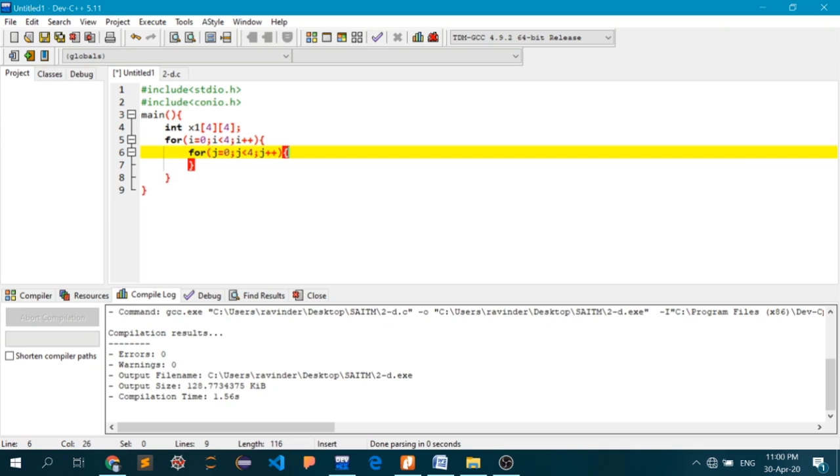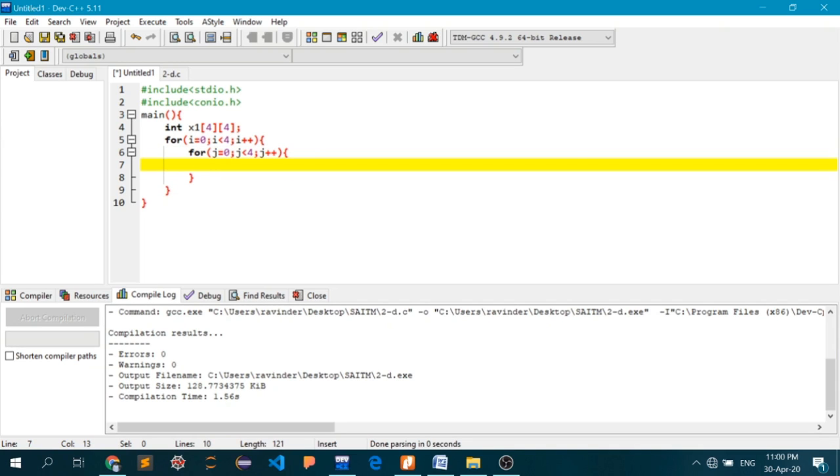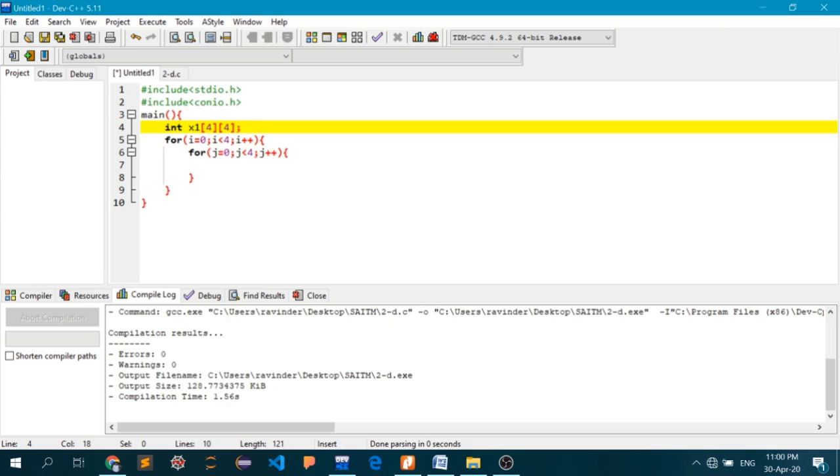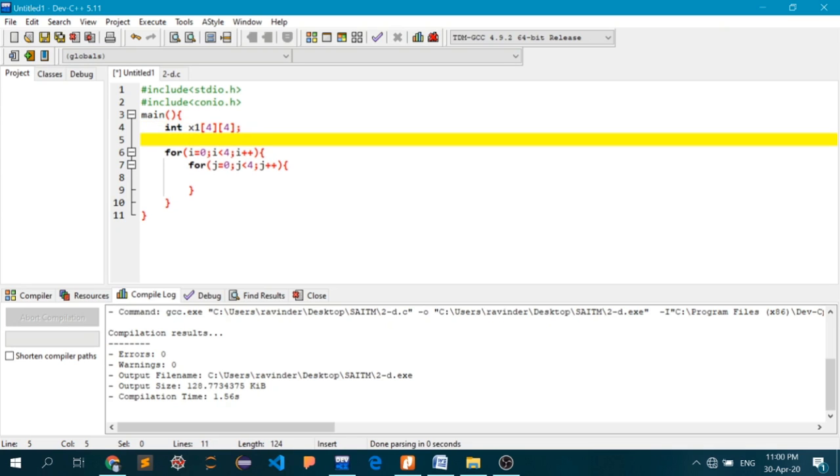Now as you see, we don't know what i and j are, what their type is. So we'll also declare these two variables: int i, j, that is it.